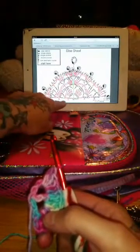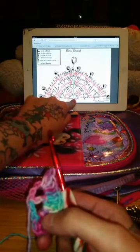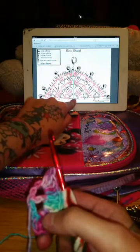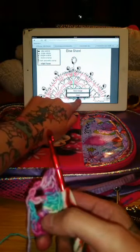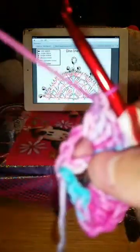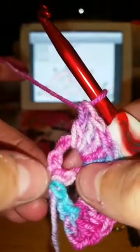Looking really pretty, this yarn. Okay, so we're at the very last stitch of chain 2. So if you look here, this is our very first chain, and we're going first chain, skip 1, and then we're going to do our crochet into that chain. Right, so if you look at what we've got here, we have our starting chain right there,